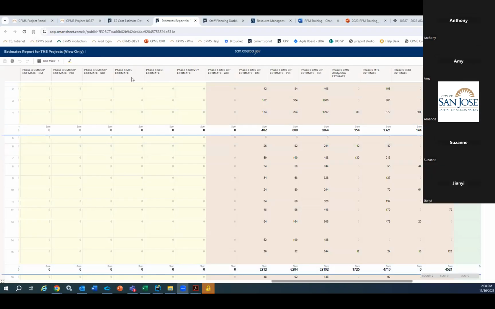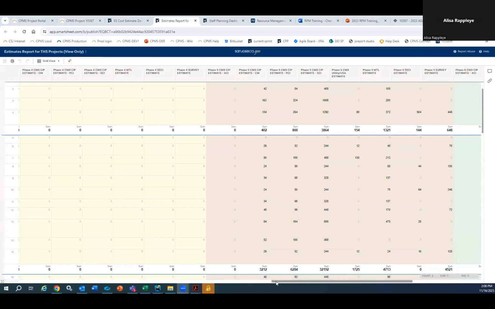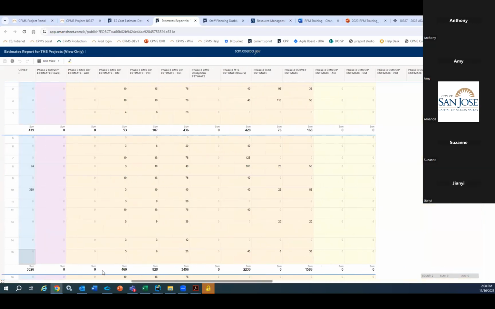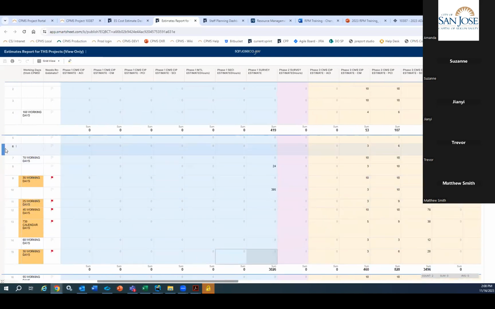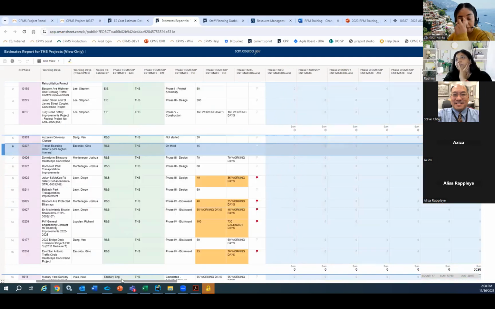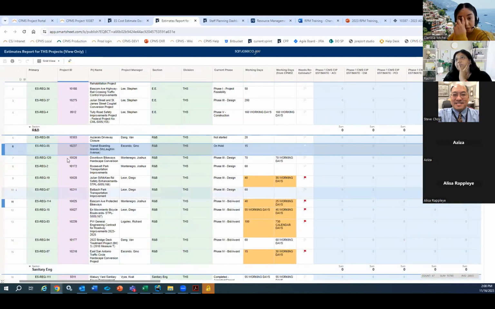So if we want to check the status, we go to this log and we'll have to search for our project, right? For the project number. Yeah. Okay, so these are all the requests. And so then when we scroll over to the right